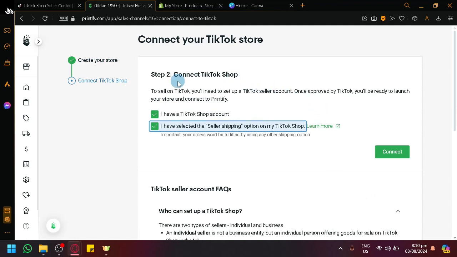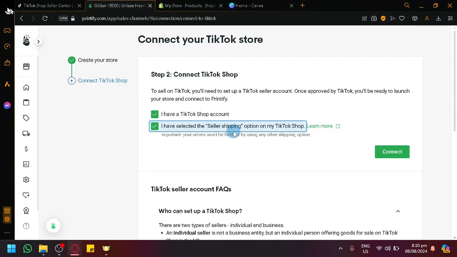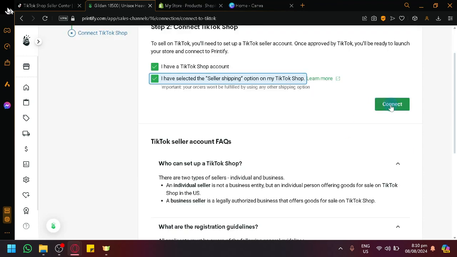You have to have these two options enabled or rather accomplished. You need to have your own TikTok Shop account and you need to have selected the seller shipping option on your TikTok Shop. So simply click on Connect